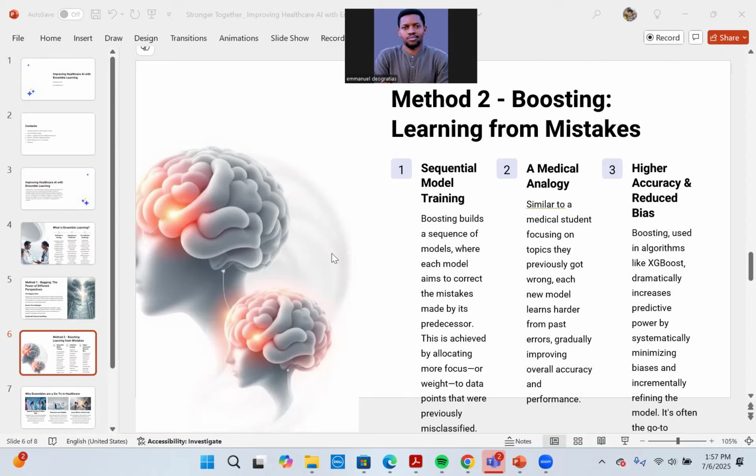For more explanation, boosting takes a different approach. It's sequential. You train a first model and it will inevitably make some mistakes. The second model is then trained to focus specifically on those mistakes. The third model focuses on the remaining mistakes, and so on. This step-by-step process of correcting models allows boosting algorithms like XGBoost to become incredibly accurate. This is why they frequently win machine learning competitions. Here, most of the time, we use the XGBoost algorithm.